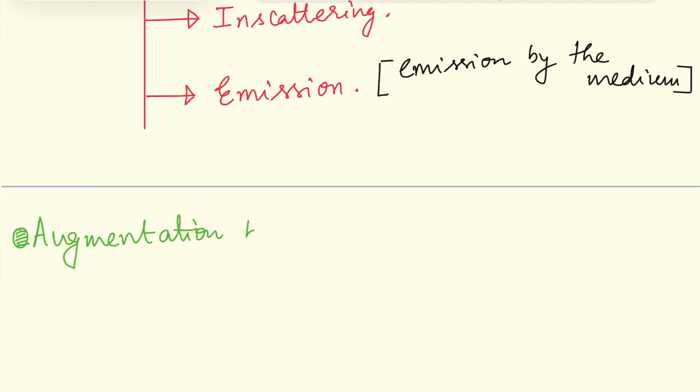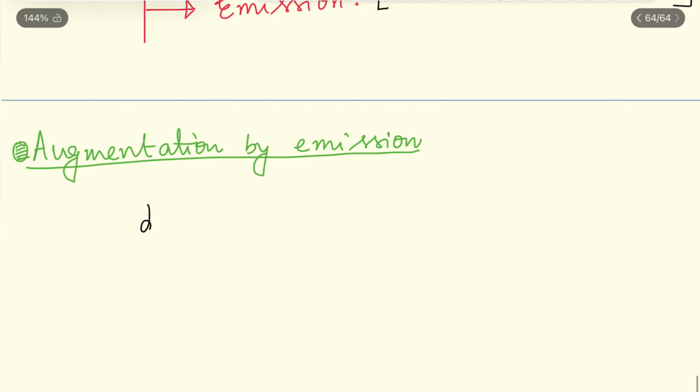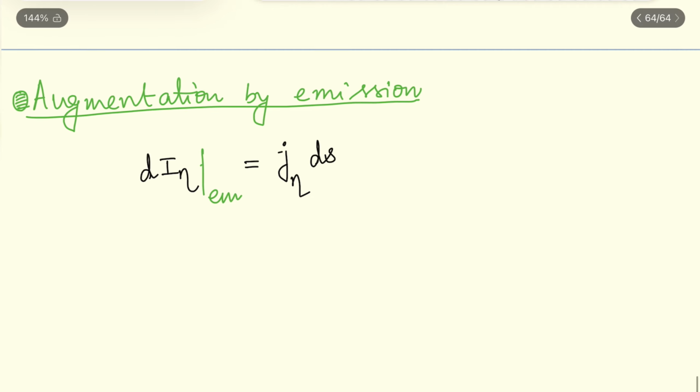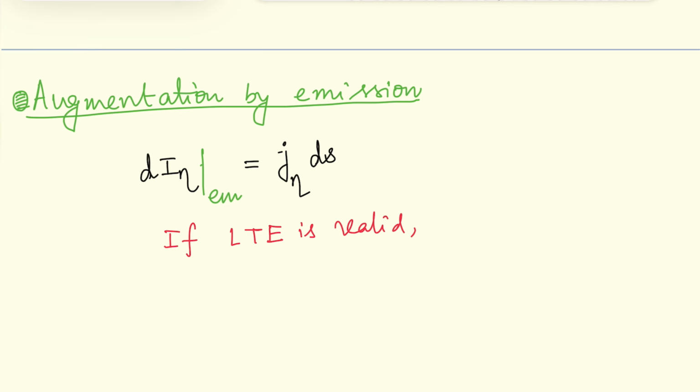Augmentation by emission. Fundamentally this is directly written as dI_eta, with a subscript emission, equal to j_eta, which is a function of s, into ds. Clear? Now if local thermal equilibrium (LTE) is valid,